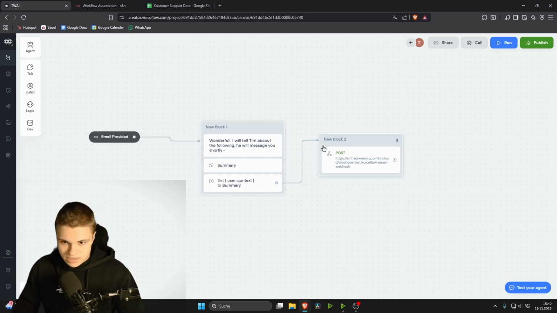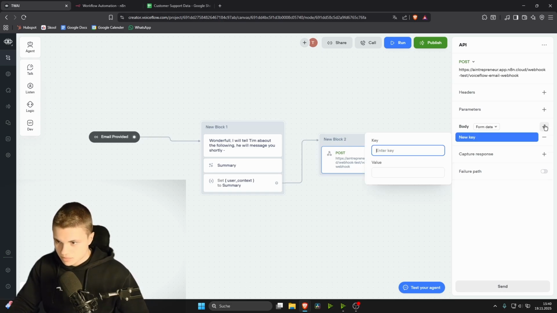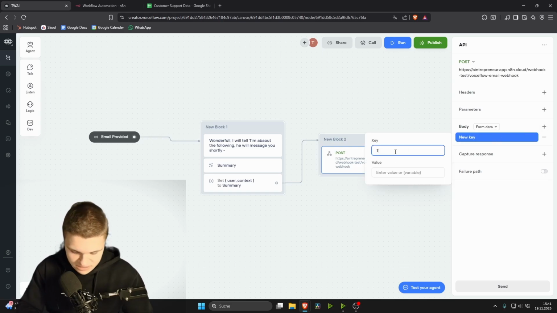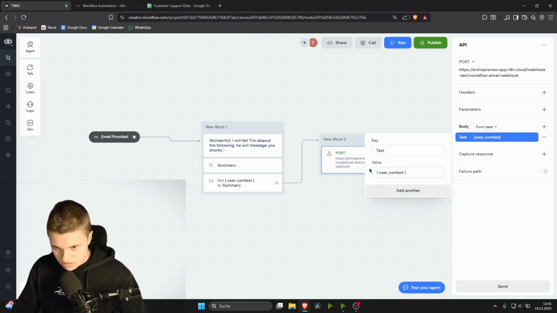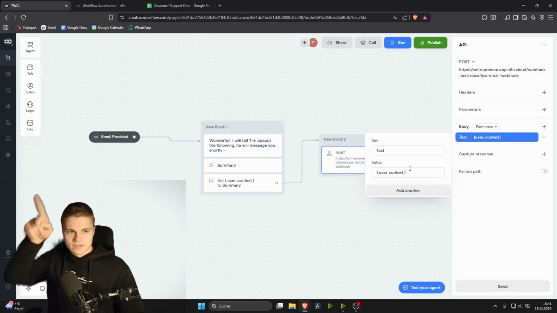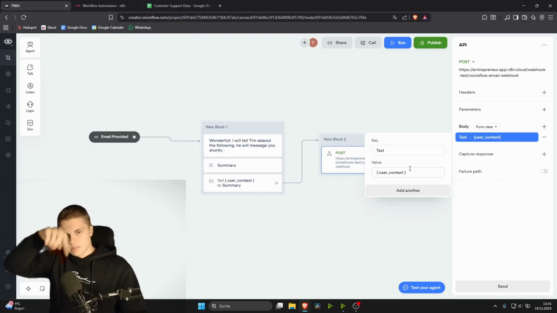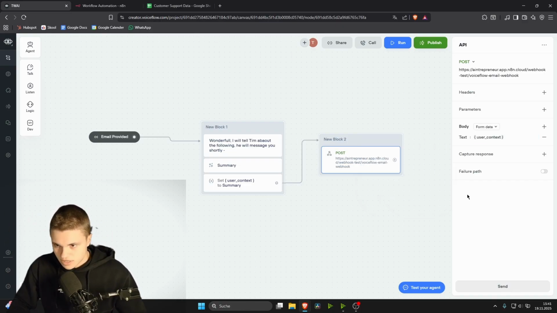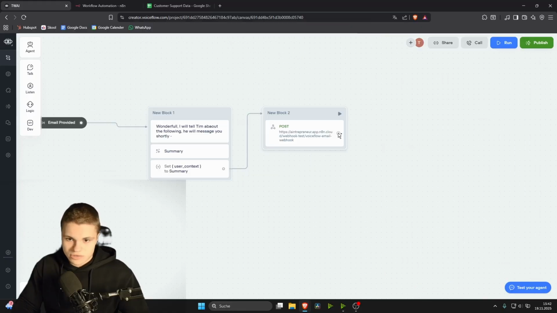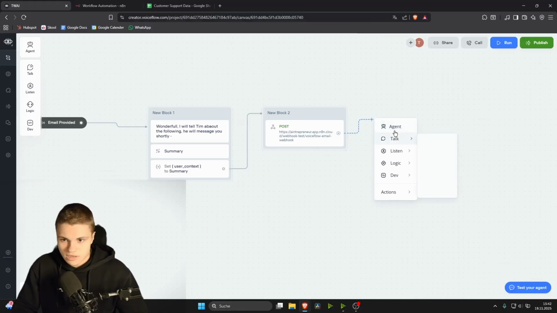context. We connect this, and now we can say in the body from data, enter key, and this key is text, and the value is user context. For that we have to put this little symbol, like when you press Alt and 7, which then comes up, and then you put this little one with the swoosh, the one you can't draw on paper, that is the icon we want. So put that here, and now we basically have done everything we need,